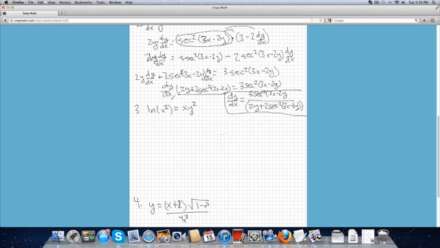So now, again, we're going to do implicit differentiation again. So on this third one, what we want to do is take the derivative. The derivative of the left side is going to be, we take the derivative of the outside function, which is going to be 1 over x squared, times the derivative of the inside function, which is 2x, equals, we're going to have to do the product rule here. So it's 1 times y squared, and then it's going to be 2y times dy